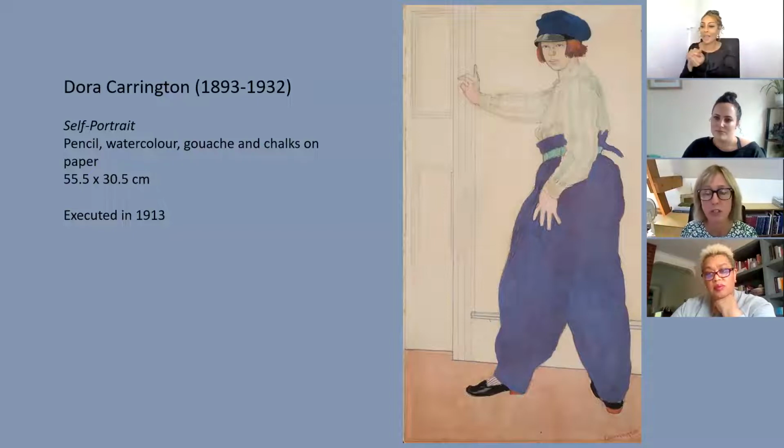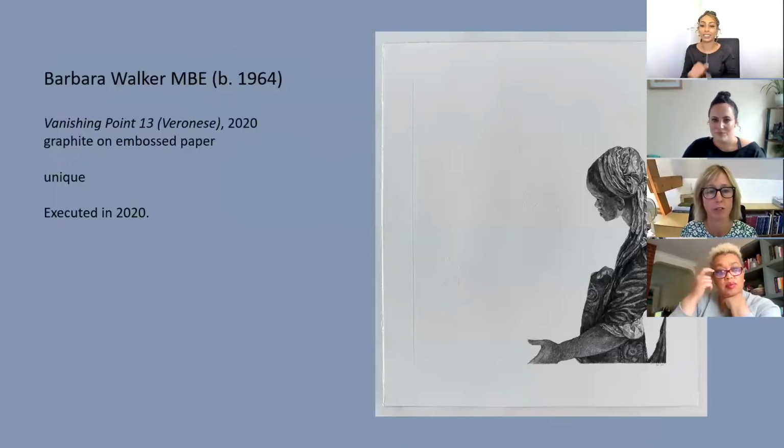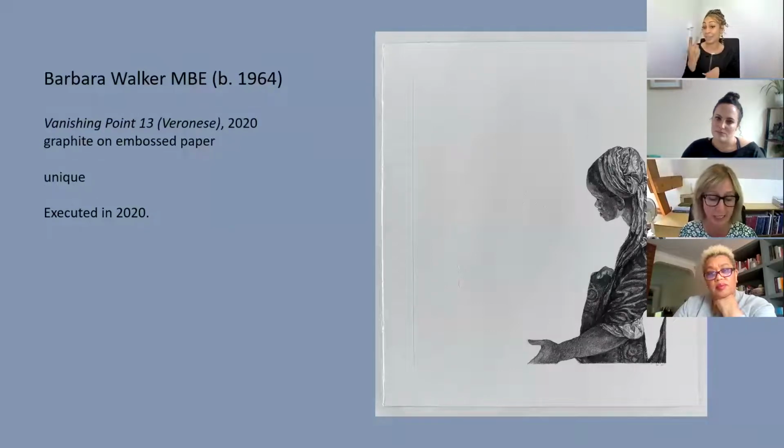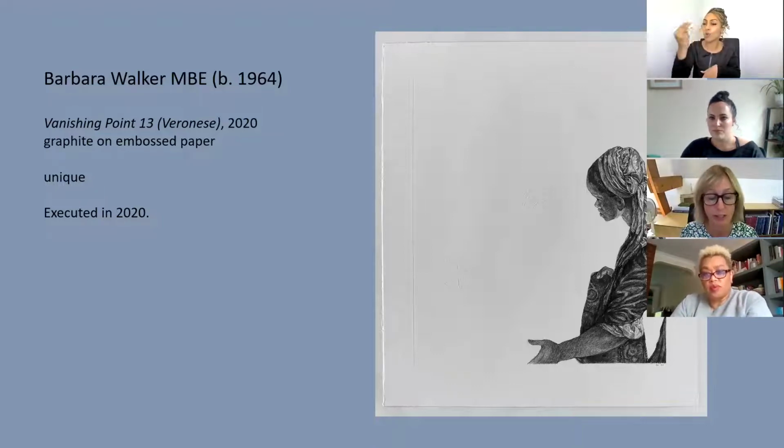So I'm just going to go past the side of the photographs, and then I want to talk about another really recent acquisition, which is by contemporary artist Barbara Walker. As I said, it's over 100 years after the Carrington works. It's a very recent work, 2020. Vanishing Point 13 Veronese, and it's part of an ongoing series of drawings which explores the presence of Black subjects